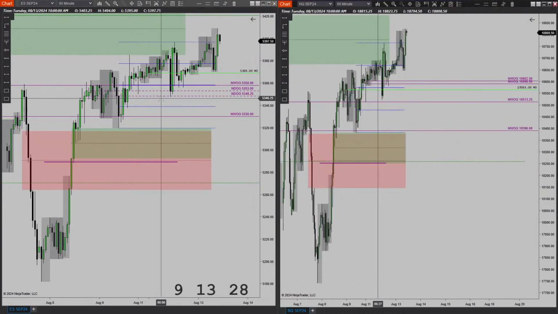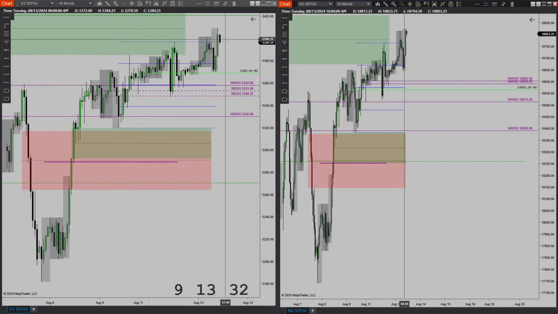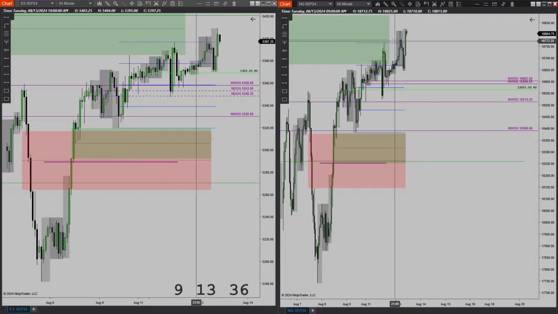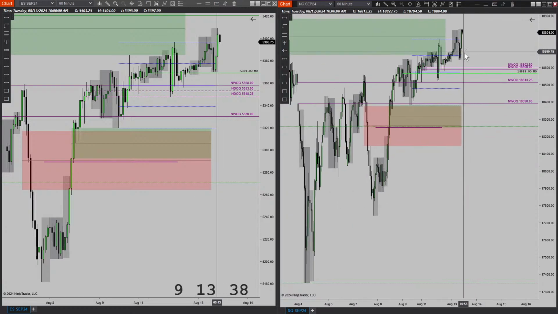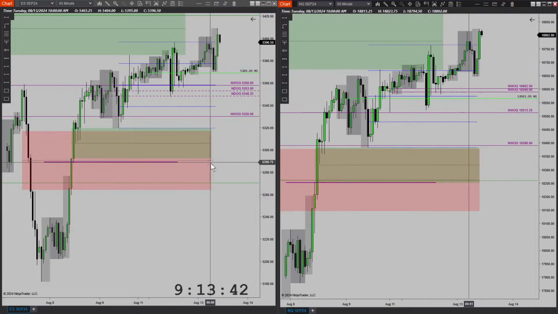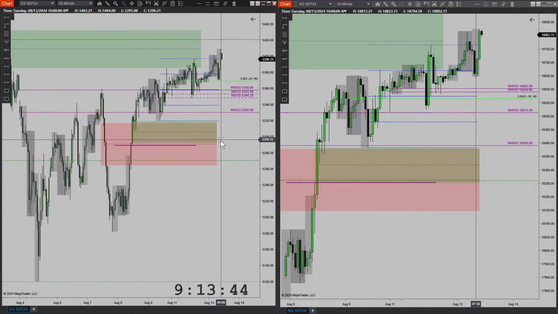All right. So we got to sweep up the highs. We got higher lows here, higher lows here. We did create some imbalances here. Same thing here, we created some imbalances here. So I am completely out of the market. I mean, I don't even want to look at this right now.